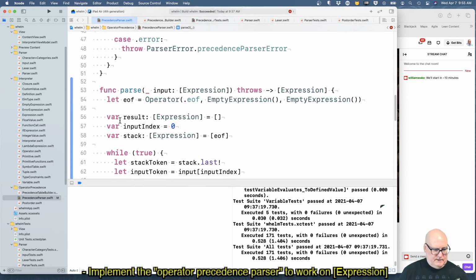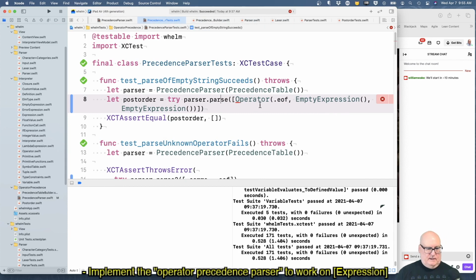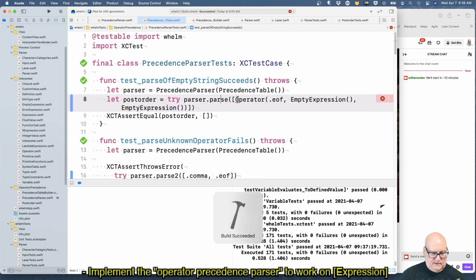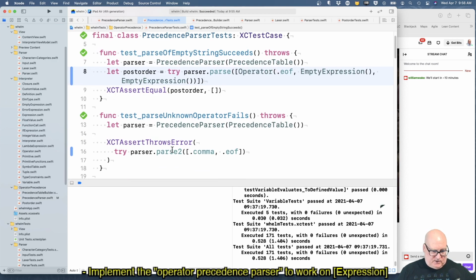Okay, so now if we do parse2, we're getting the old one, and parse should be getting the new one. So I'll do a build. All right, so we've basically converted the first test to try the new version of parser.parse, where the old tests try parser.parse2.